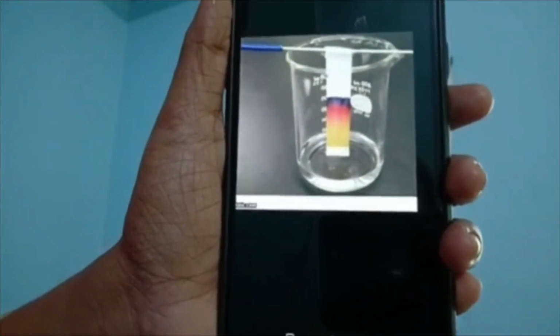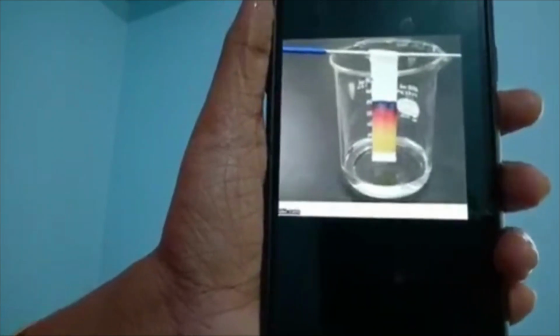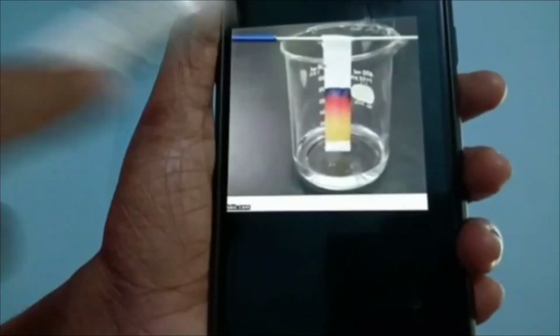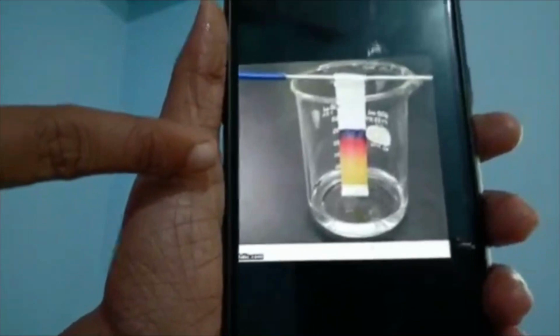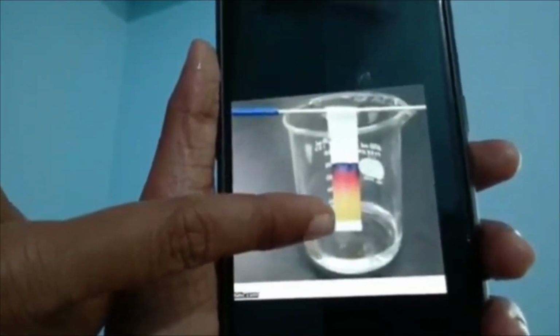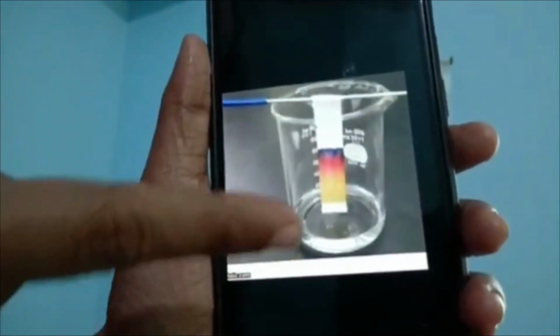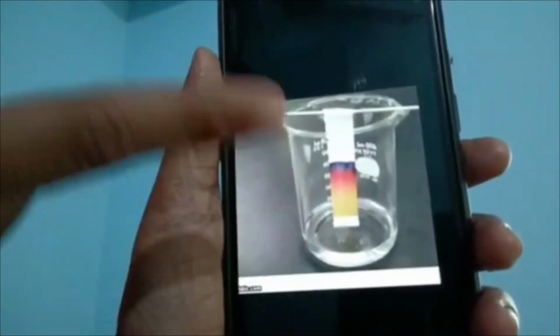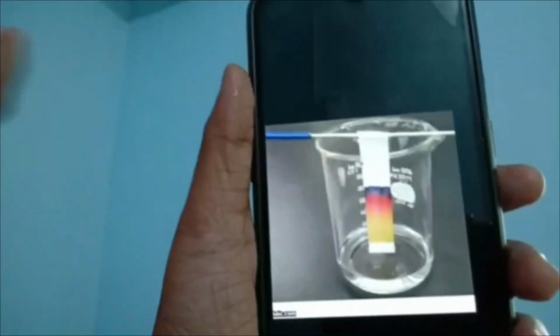Okay children, please see this one. From the experiment I took one photo. See this, actually this is happening there. Otherwise you can do it in a beaker also. If you are doing it in a beaker like this, this is the filter paper. On the lower side only we put the ink drop, and because of the capillary motion of the water, the water is moving upwards. Along with that, the ink is also moving.